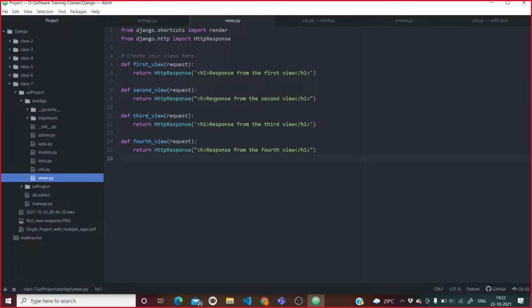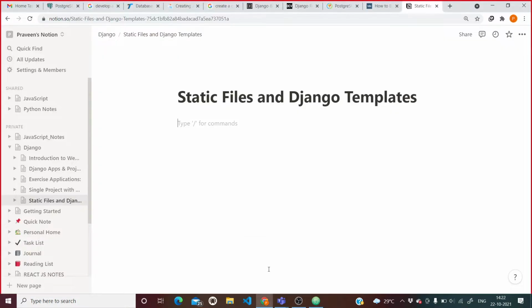Those front end things should be done at the front end side. In real time, the back end logic should be pulled by the front end whenever it is required. To achieve this architecture, Django templates is very important.